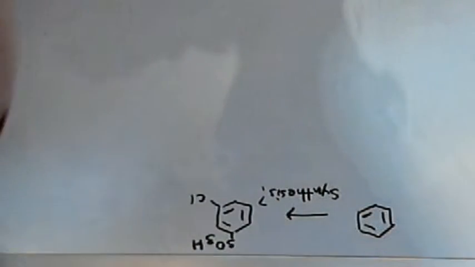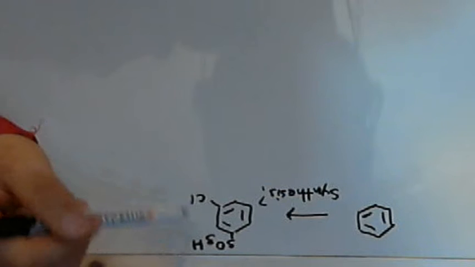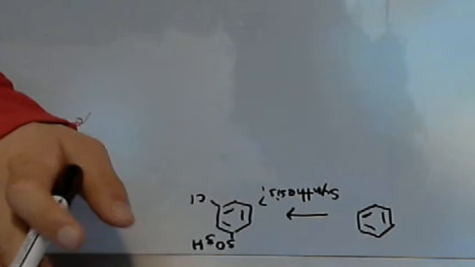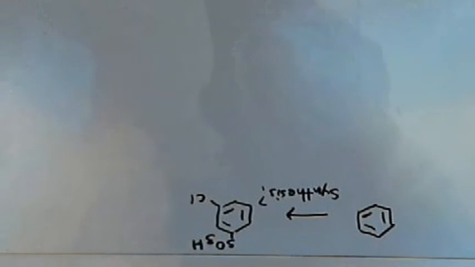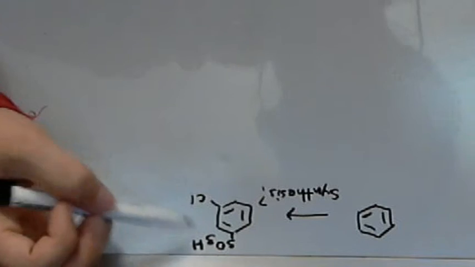So step 2 is what specific changes are made, right? Well, we've tacked on this SO3H group and we've tacked on the Cl group. Those are the specific changes that are made. So step 3, how do I make each specific change? Keeping in mind that it may take multiple steps. So how do I tack on this SO3H? How do I tack on the Cl, right? Well,